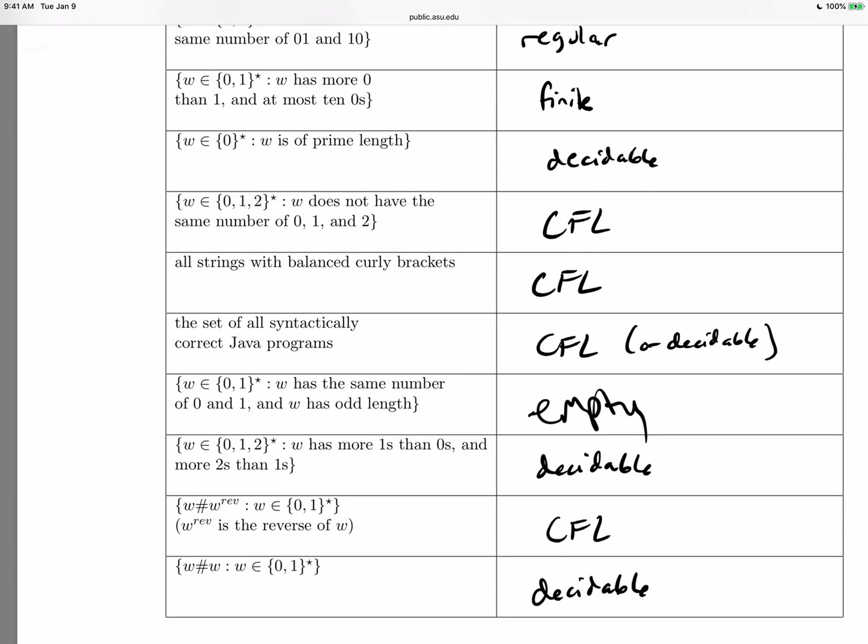All strings with balanced curly brackets. We've done that example in class. We made a grammar for it. So for the next one, it's kind of interesting. I said in class that most compilers have a context-free grammar on the back end, but the technical correct answer here is decidable because it's not. There are some things that make it not exactly a context-free grammar,